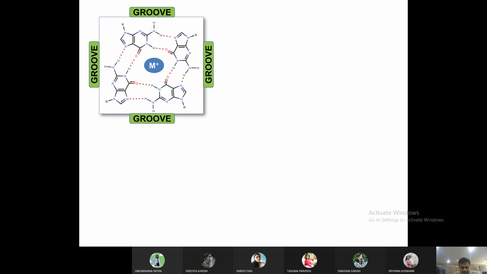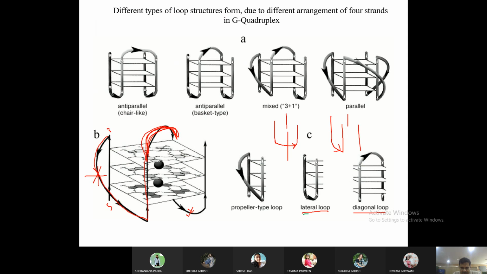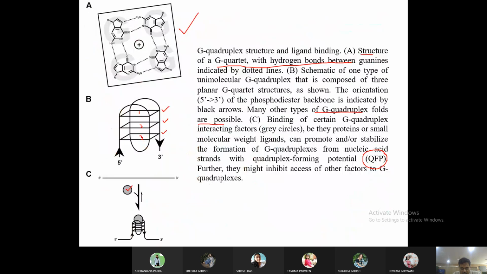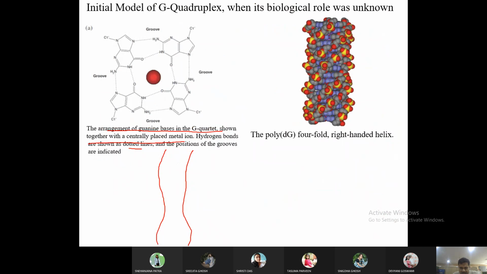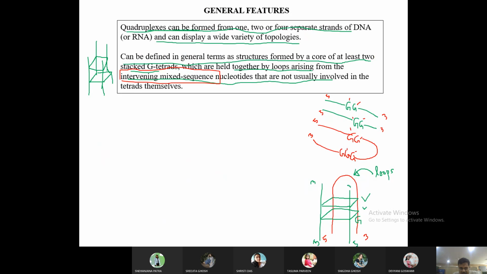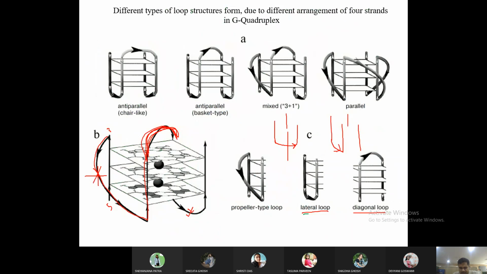Before going to the stability, let me stress one point: we have seen grooves, major and minor groove, in case of double-stranded DNA. In quadruplex DNA also there are grooves. You see that we can access the bases from various sites. These are the sugar phosphate backbone, and inside the blue ones are the bases. As we have seen for the duplex DNA, there are major and minor grooves. So what is the nature of these grooves in quadruplex DNA?